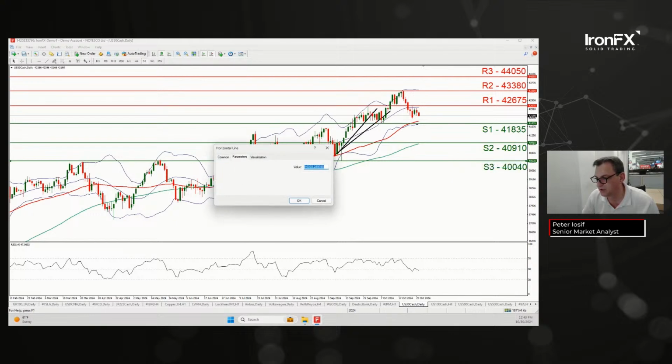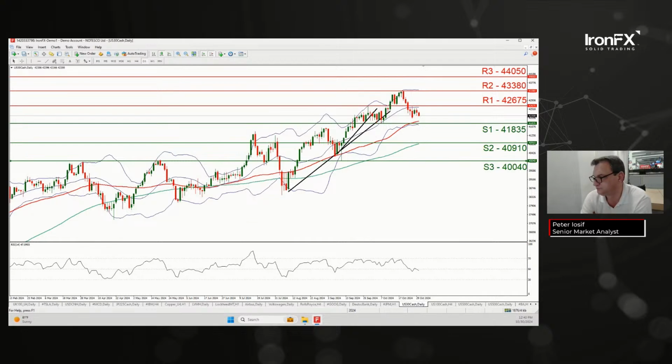So for the time being, Dow Jones is expected to remain in a sideways motion between the R1 and the S1. The movement of the index over the past 5 days tends to imply it. And also note how the RSI indicator has reached and is revolving around the reading of 50, implying a rather indecisive